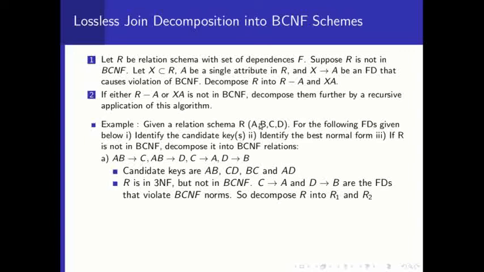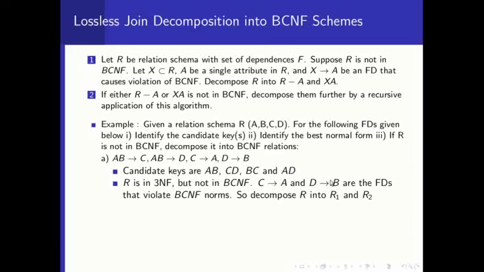Here the decomposed relation as such does not have D, because the decomposed relations are BCD and AC or CA. Here AB as such is not in the decomposed relation. Therefore, AB determines C is not present in the newly formed relations. That is why this decomposition is not a dependency preserving decomposition, but it is a lossless join decomposition.